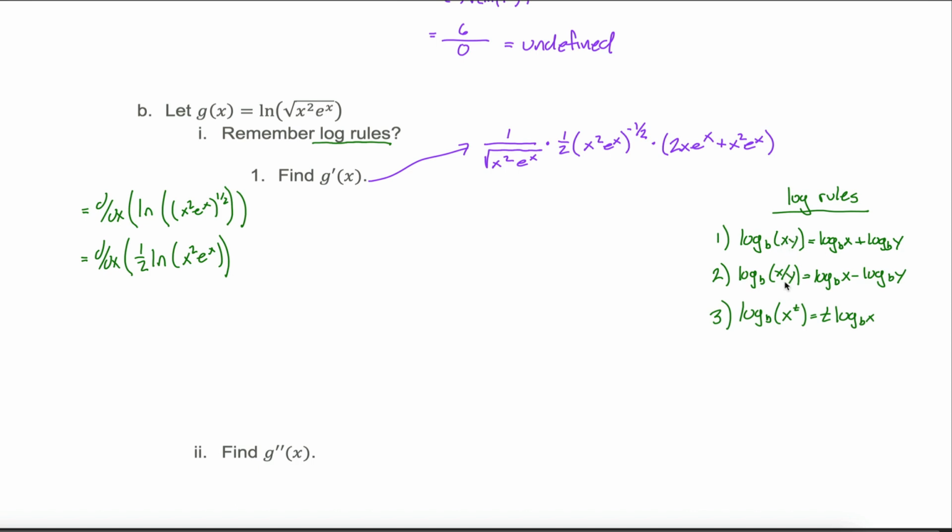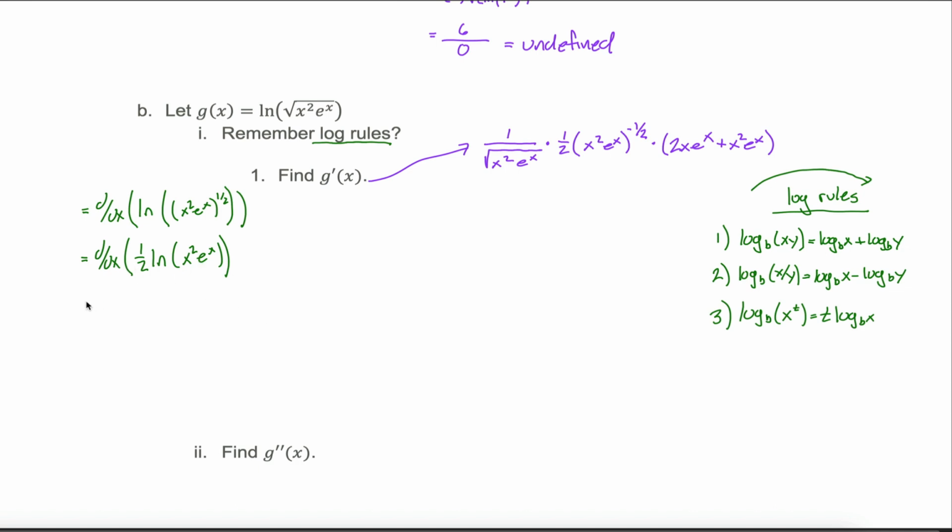You don't want to use the product rule or the quotient rule if you don't have to, but we love sums and differences because the derivative of a sum is just the sum of the derivatives. It's really easy to take the derivative of something plus something or something minus something. We don't need a special rule like the product rule or the quotient rule. If you can use log rules in this direction, changing forms that look like the left-hand side of the equal sign into forms that look like the right-hand side of the equal sign, you'll be making your derivatives, generally speaking,